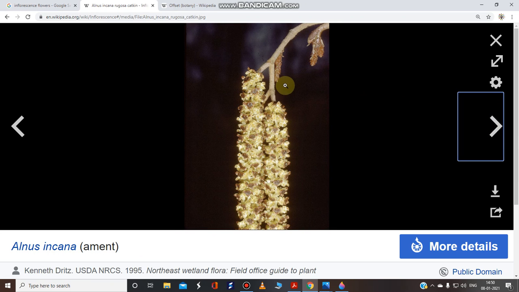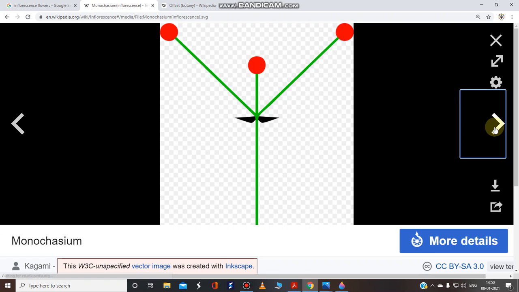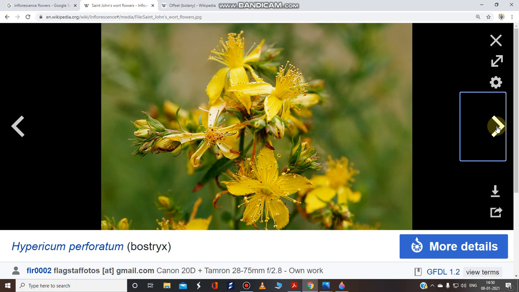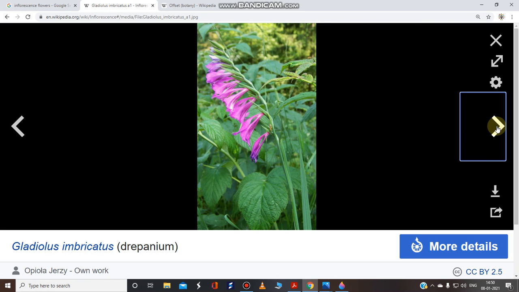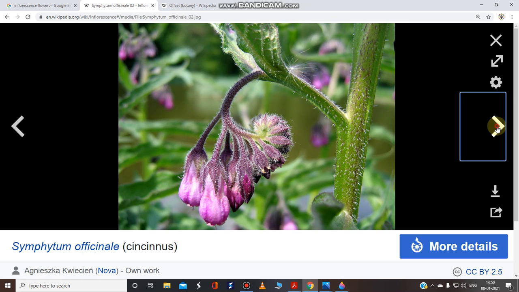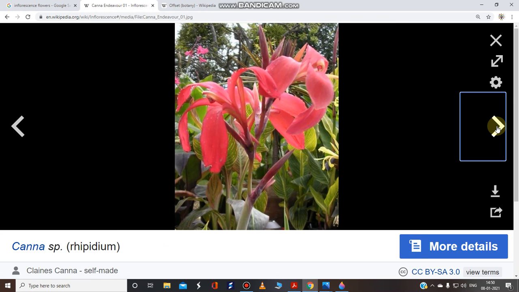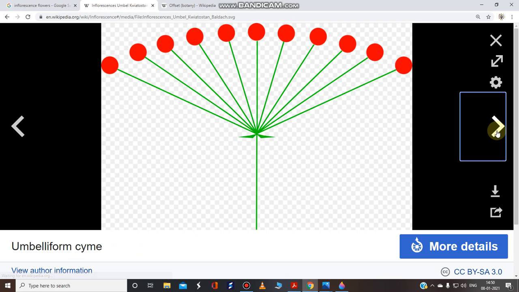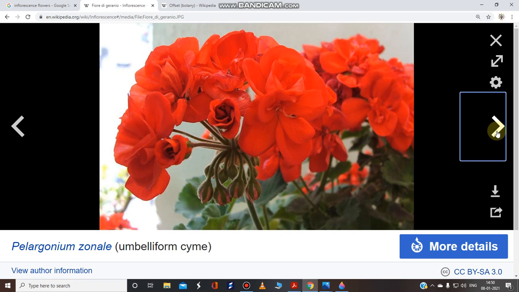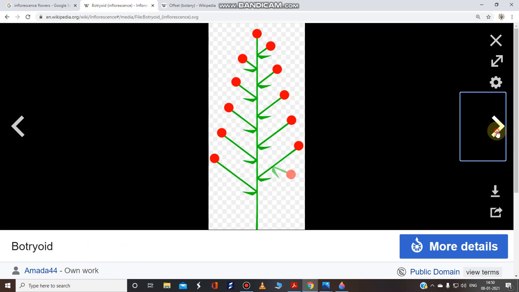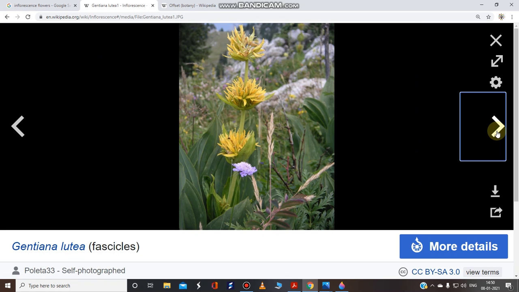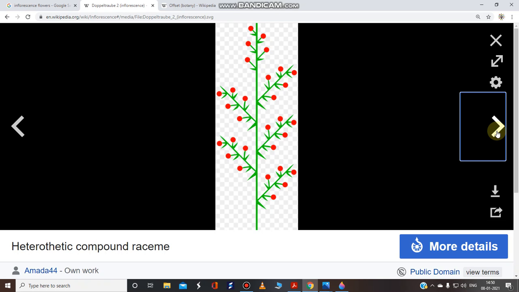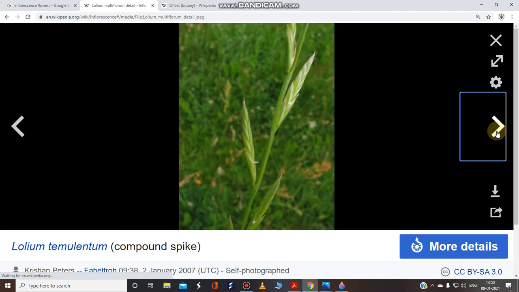Catkin, again a very important catkin type of inflorescence is there. Double cyme is there. Then there are different types of inflorescence. Just go by these figures. You have to remember at least 5 important inflorescences. They have different arrangements, and they will vary from family to family or genus to genus also, as you can see here. So there are numerous types of inflorescences.